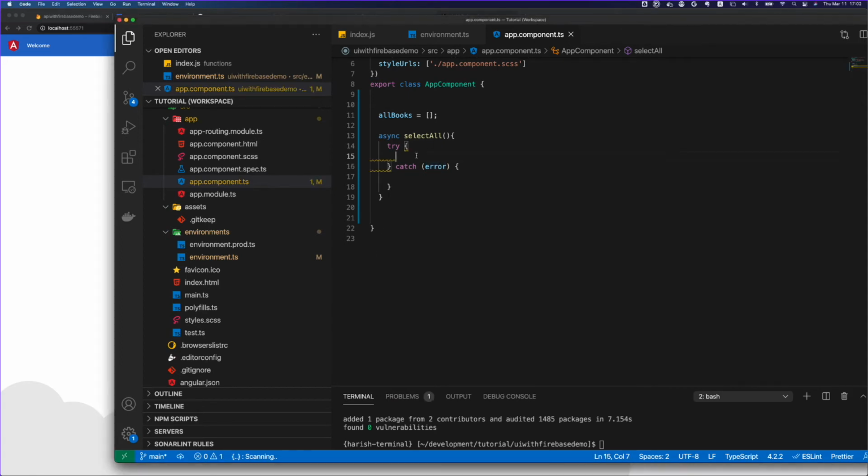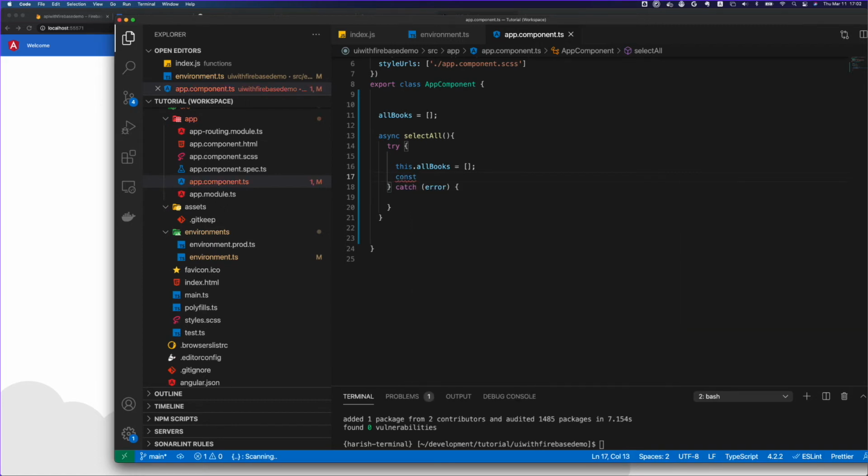So let's do this dot all books and reinitialize it. Why are we doing this? Because every time somebody calls select all, we want to go and clean up this all books array and refill it with whatever information we are getting in real time from our API.